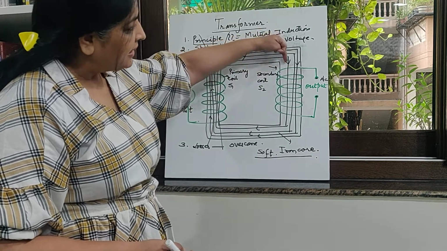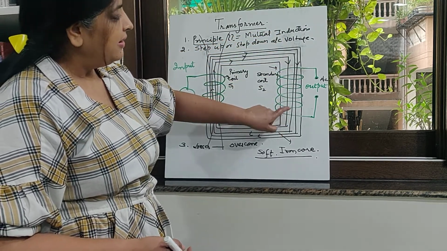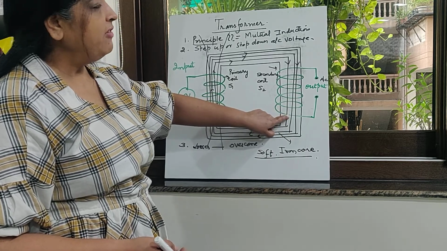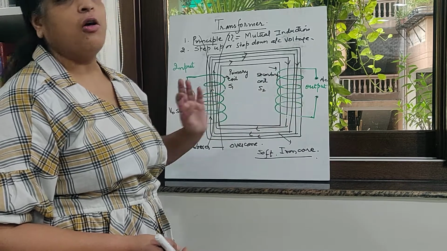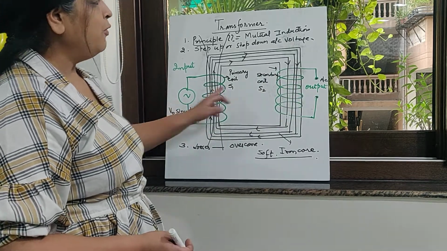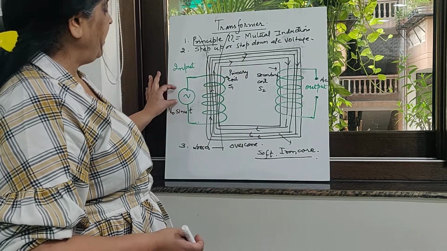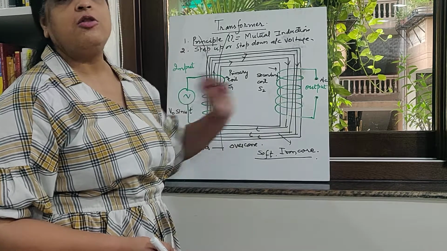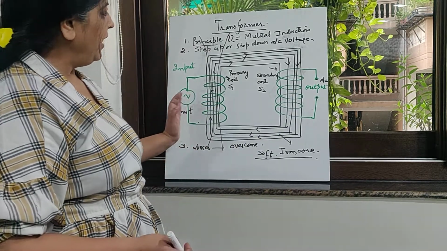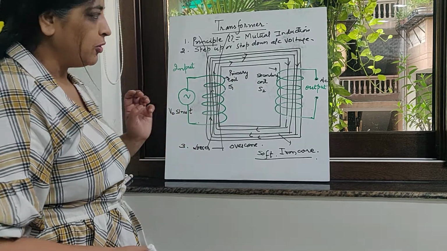Now there the flux is increasing. If the flux will increase in this direction, then this coil will generate an EMF in an opposite direction, and we will get the output. So varying input is giving us a varying output, and therefore if we have a sinusoidal voltage over here, we get a sinusoidal output also. So varying current, varying voltage is giving us a varying output also.